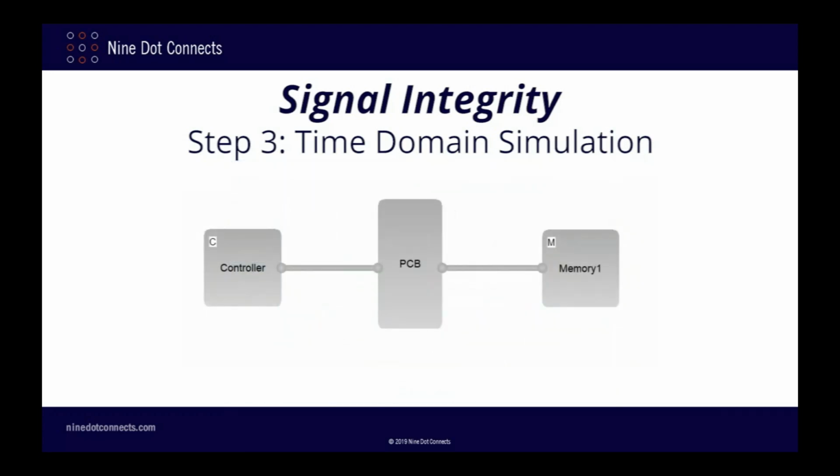Here we see the 3 blocks representing the 3 simulation objects: the FPGA controller, the DDR memory device, and the PCB model itself. Each of these blocks has a mathematical model associated with it. The PCB block, of course, has the S parameters we generated from Power SI. The active components utilize a model known as IBIS, which stands for Input-Output Buffer Information Specification. This is essentially a mathematical model of just the operation of the I/O pins themselves, rather than a complete model